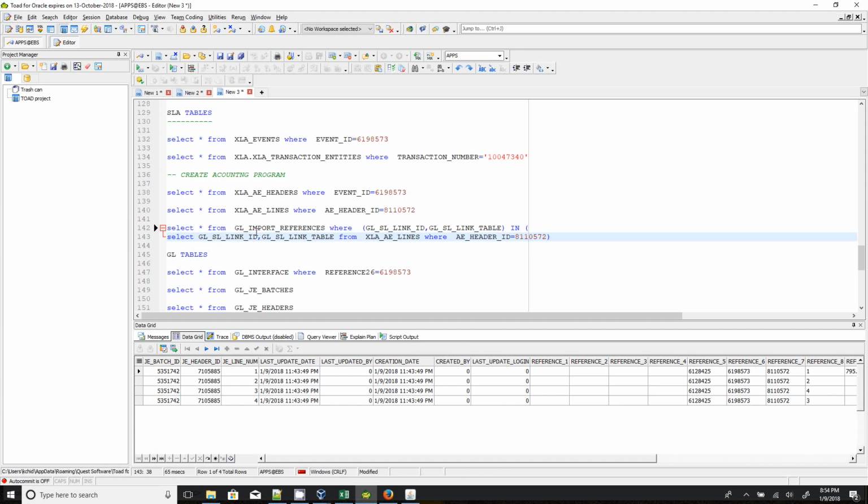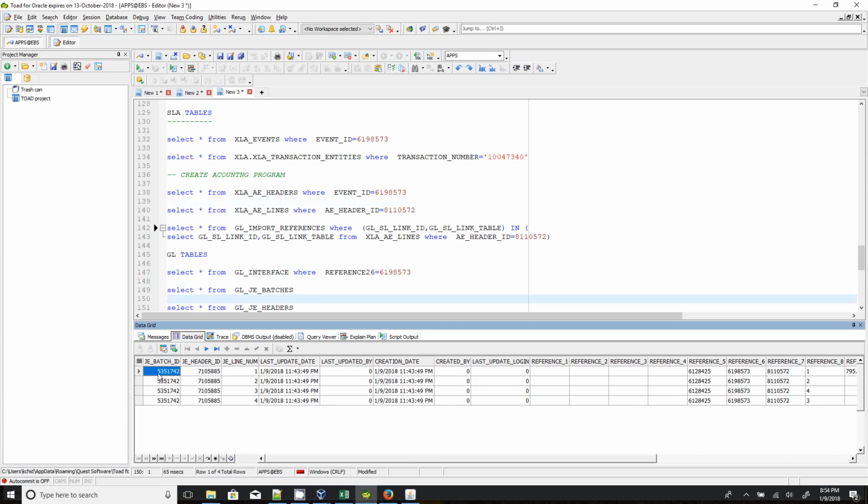So this is the import reference. Using the import reference, we can connect XLA to GL tables. So GL batch ID is